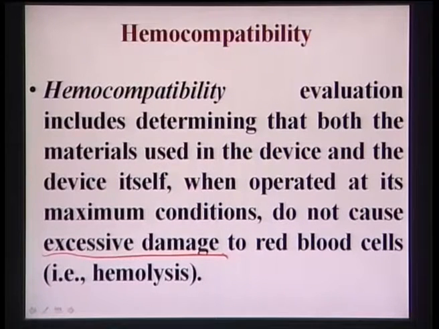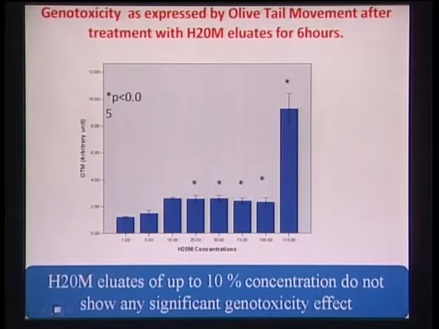Now, if you recall the discussion of the genotoxicity, when I showed you those results, this is the result of the genotoxicity assay, that is the COMET assay, and these results are expressed in terms of olive tail moment. Olive tail moment means the length of the fragmented DNA, and that length depends on the eluate concentration. In the x axis is the eluate concentration, and we have taken just the hydroxyapatite 20% mullite, because we have tested that for in vitro and in vivo potential. That is the reason we selected this particular eluate composition.